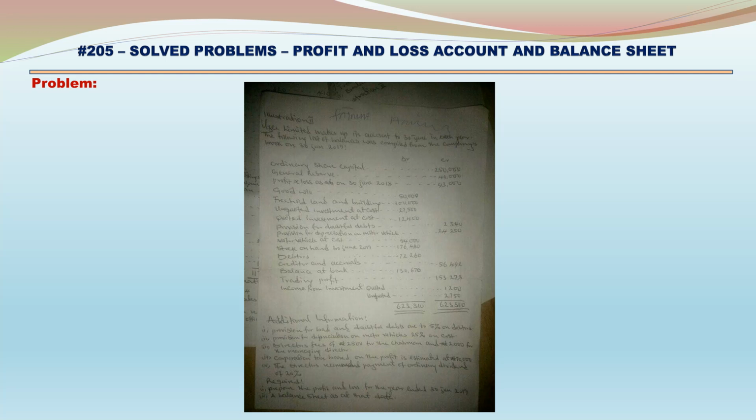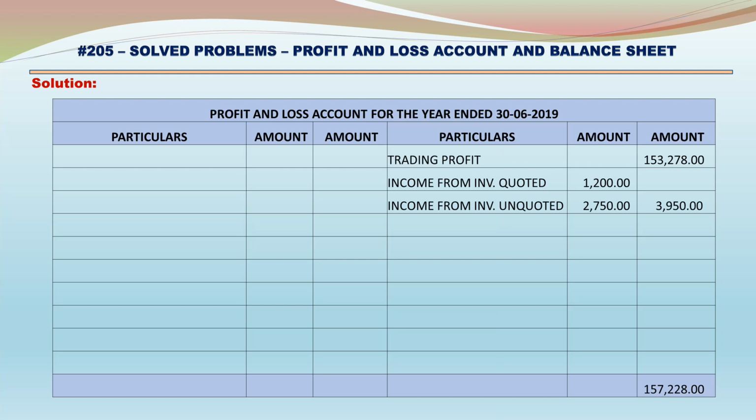Required. Prepare the profit and loss account for the year ended 30th June 2019 and a balance sheet as at that date. Profit and loss account for the year ended 30th June 2019. Particulars, amount. On the credit side, trading profit